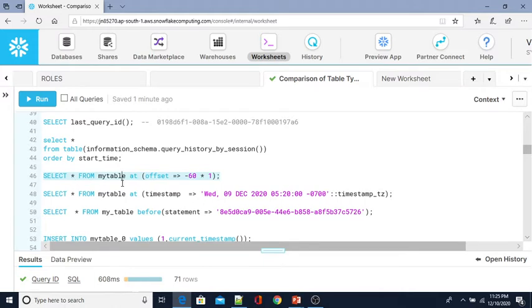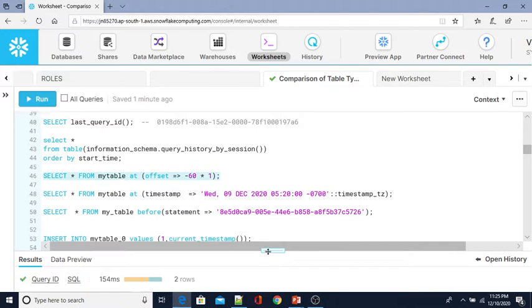Select star from my table at offset. We can apply time travel with at or before, and inside that you can use three types of parameters: offset, timestamp, and statement. That's why I took the statements previously. Now let me execute this one.